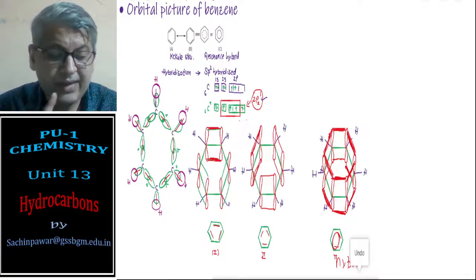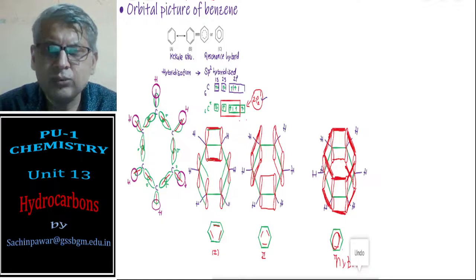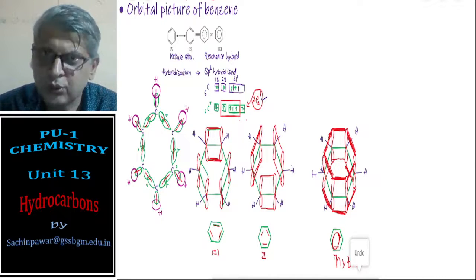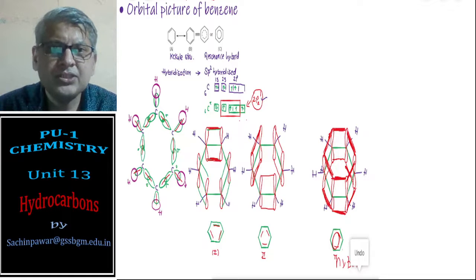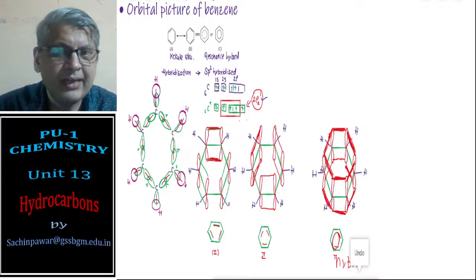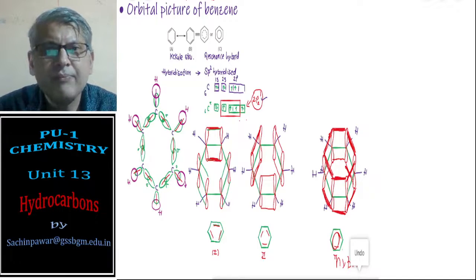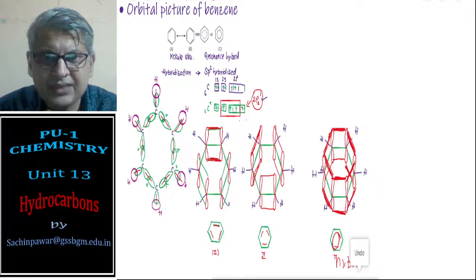So in today's class we have gone through aromaticity and how to apply aromaticity to a molecule using Huckel's rule. Then we have seen the Kekulé structure, the objections to the Kekulé structure, and how those objections were overcome, and then finally how the structure of benzene actually appears based on hybridization, based on orbital overlaps. We have seen that. And that's it for today's class.